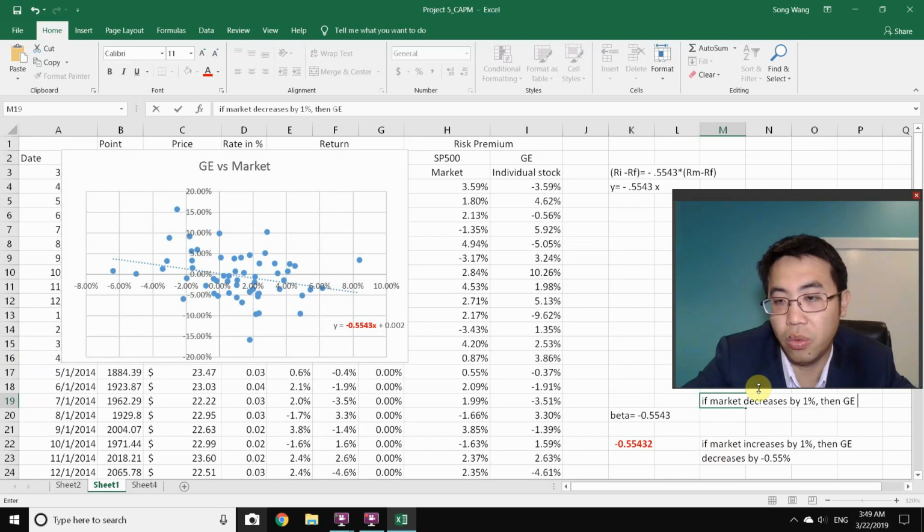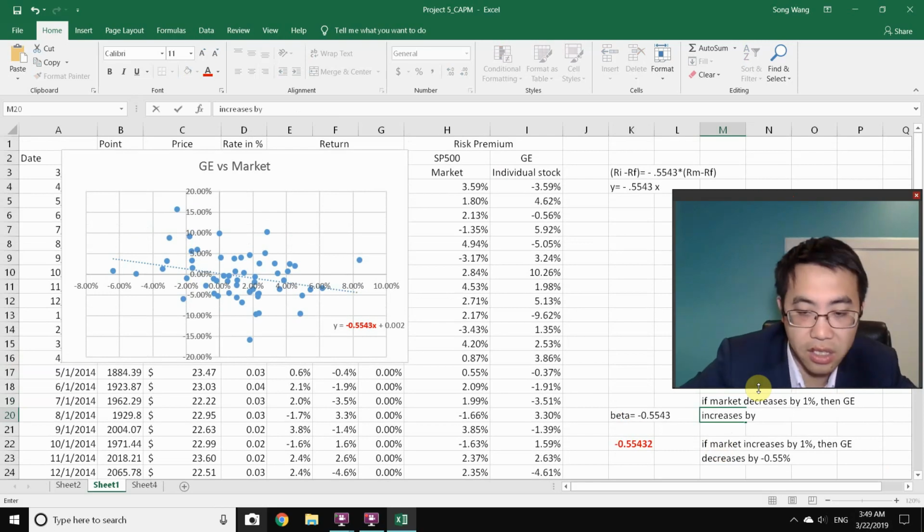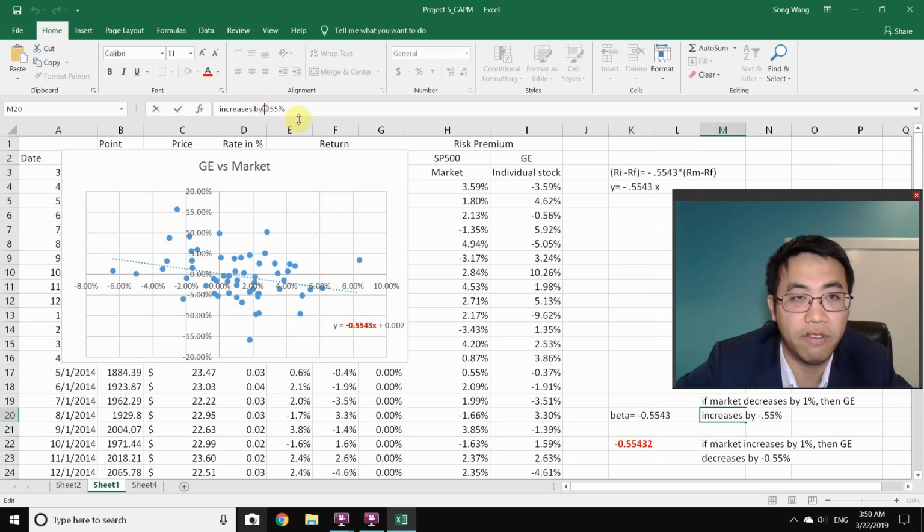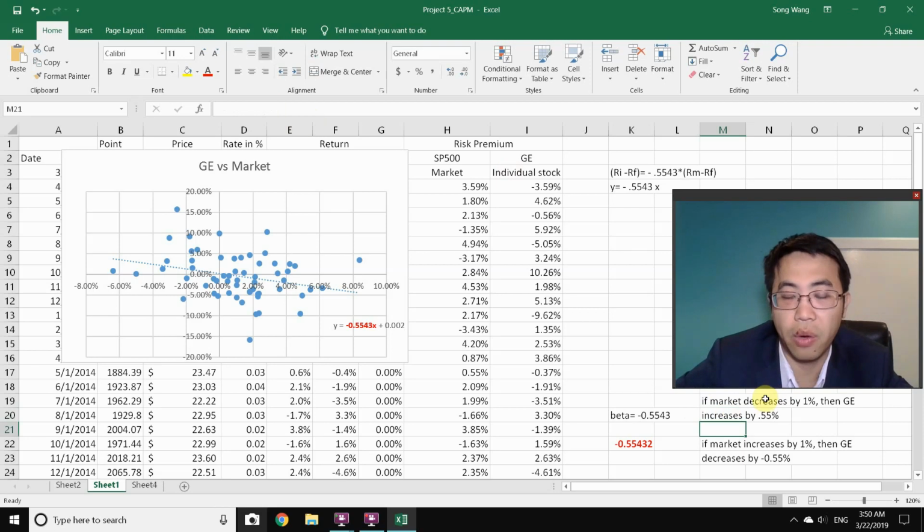Then GE would increase by 0.55%. That's when you want to hold GE. You hold it when the market is not doing very well, and you want to hold the stock that goes in the opposite direction to the market. So this is your strategy when the market is doing